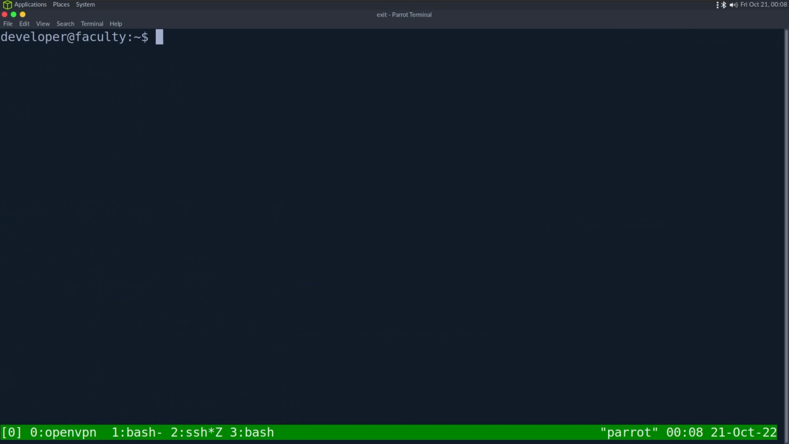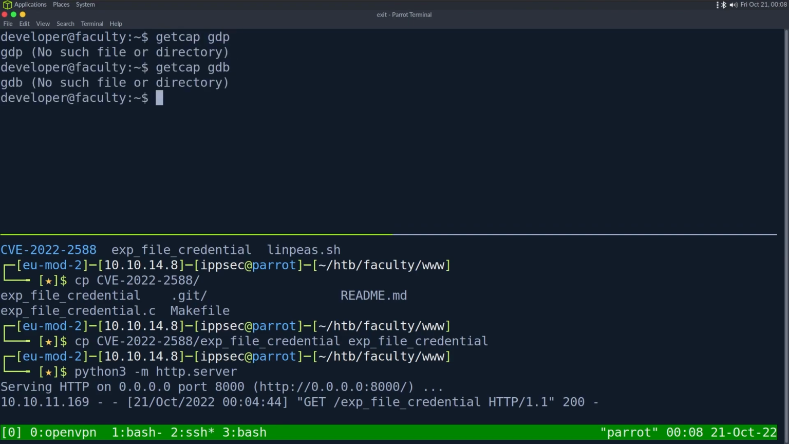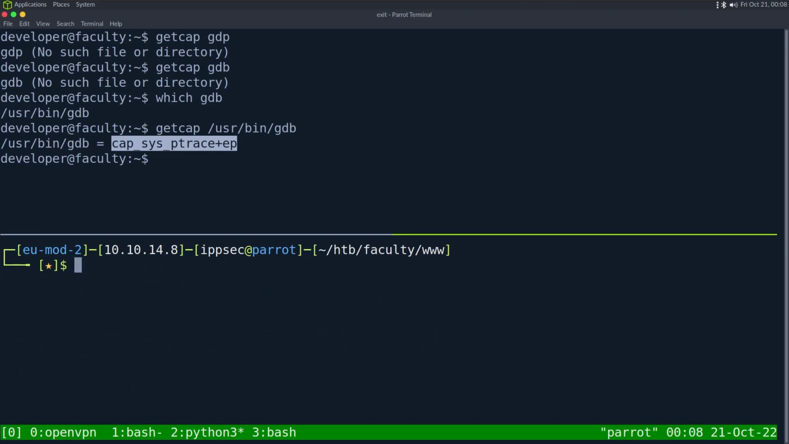So what I'm going to do is, I guess we can confirm if we do getcap on GDB, getcap /usr/bin/gdb, we can confirm we do have this ptrace. So if we're going to inject into a process, we should use shellcode because that's going to be what gets executed. So I'm going to do msfvenom